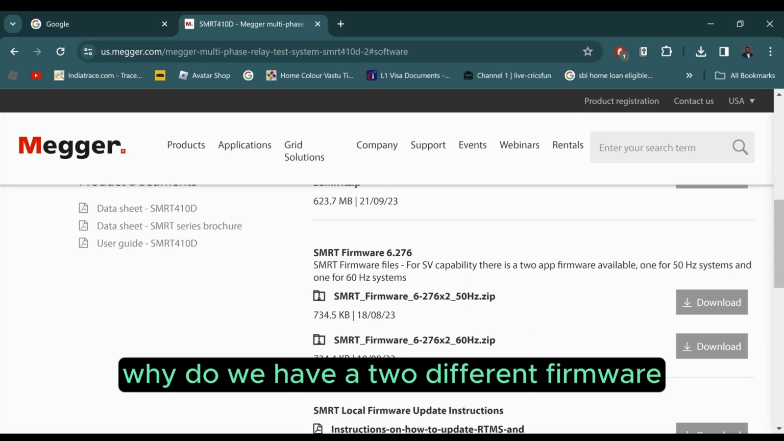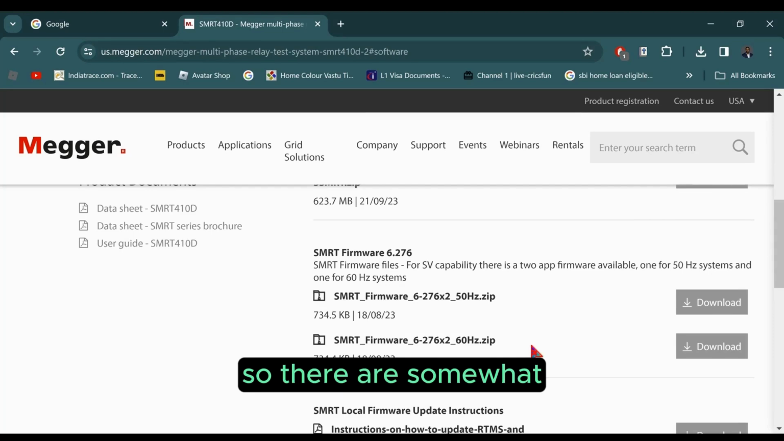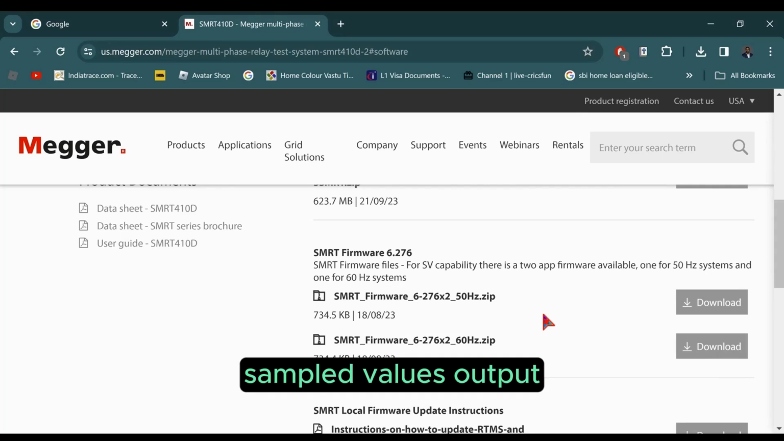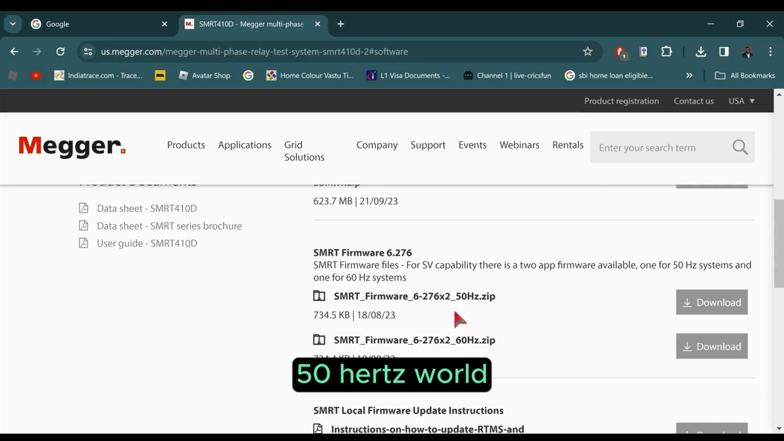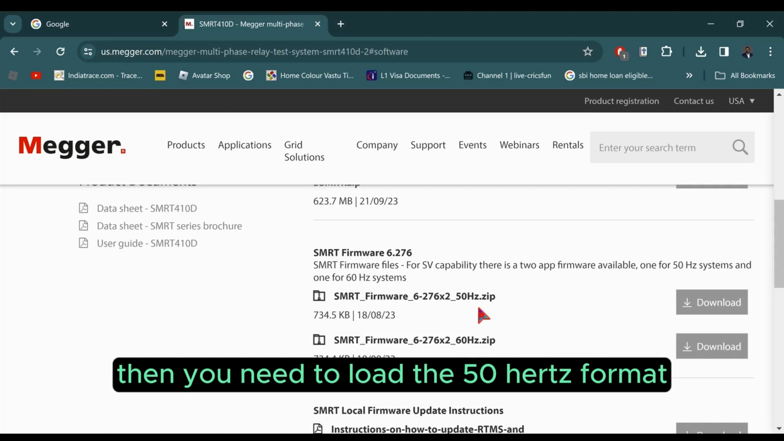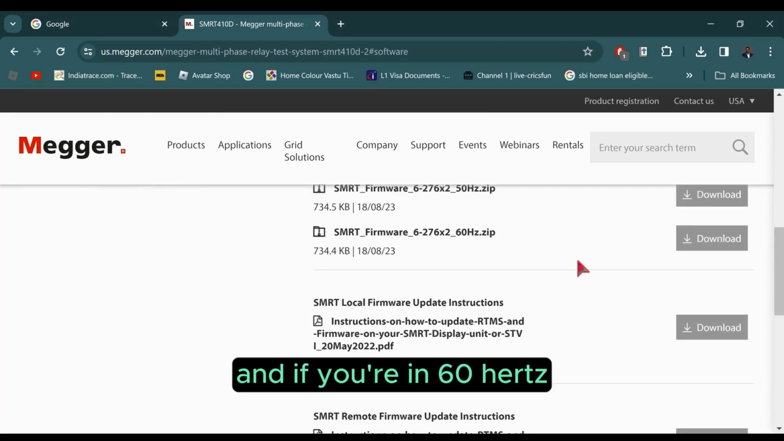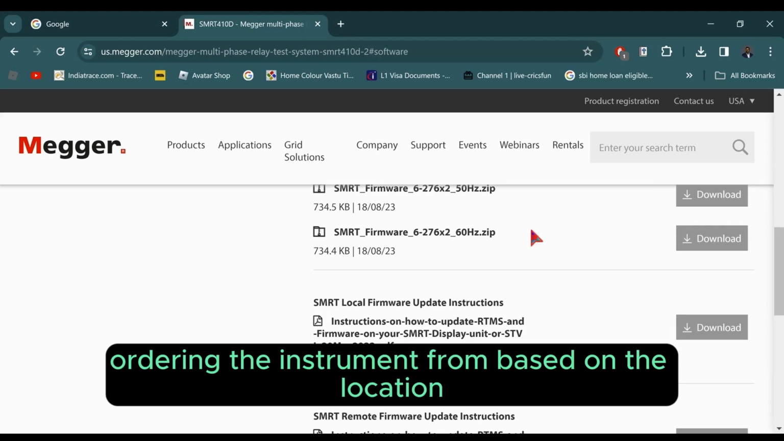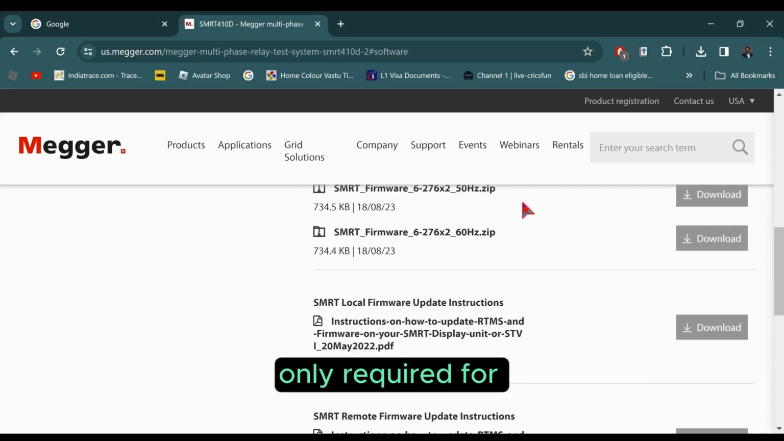Why do we have two different firmwares? It's for supporting sample values. The SMRT hardware is able to generate three streams of sample value output, but it needs a specific firmware for a specific application. For example, if you are in the 50 hertz world, then you need to load the 50 hertz firmware to support a 50 hertz system. And if you're in the 60 hertz world, it's recommended to use 60 hertz. But when we order the instrument based on the location, we load these two firmwares by default. These two firmwares are only required for